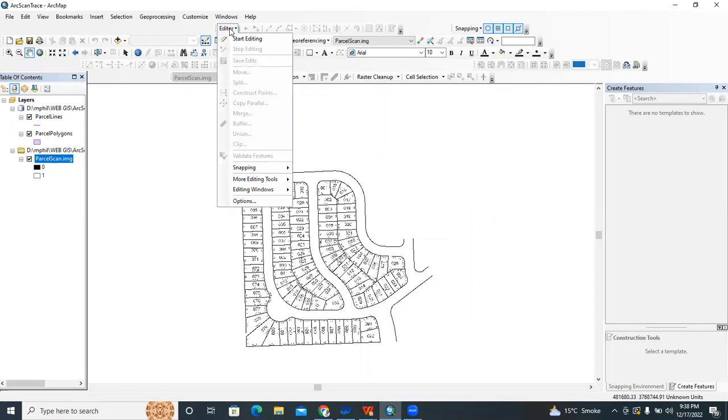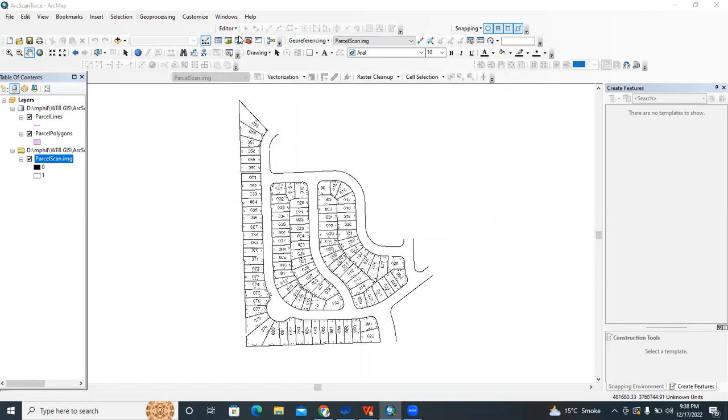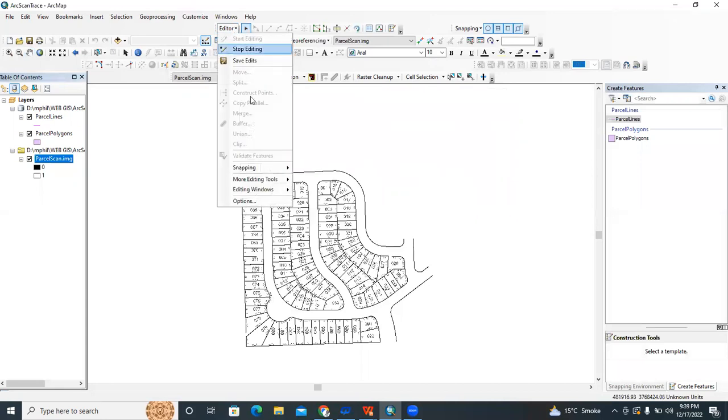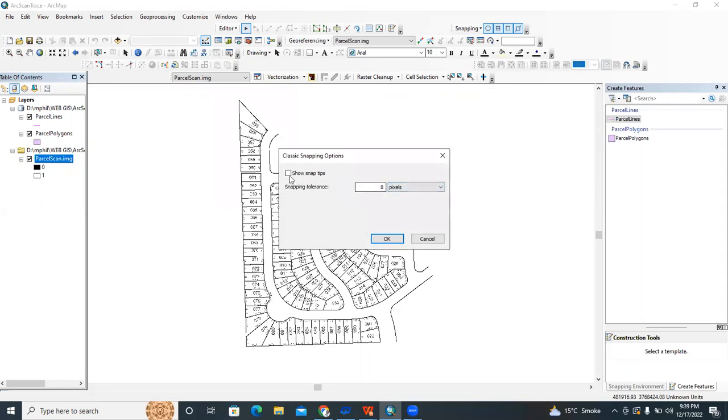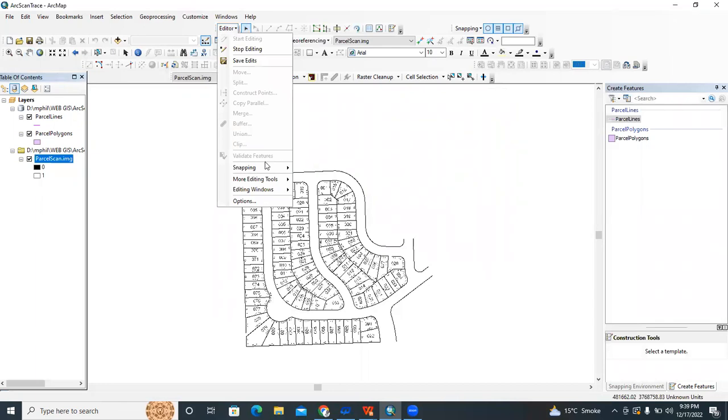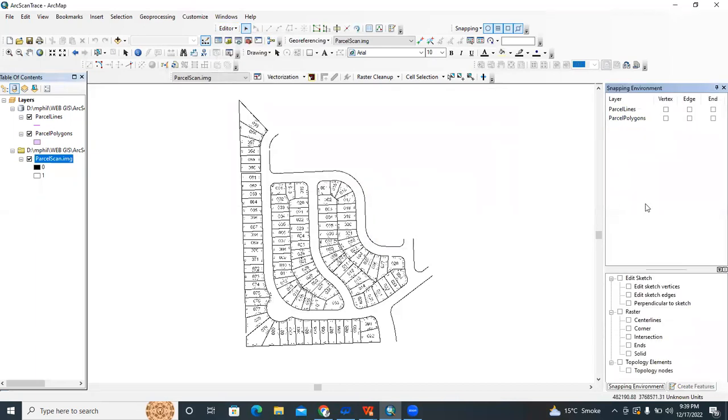The next step in this is start editing. And then this snapping options, snapping window. And in interactive vectorization, we need to check these center line and intersection options mentioned here.